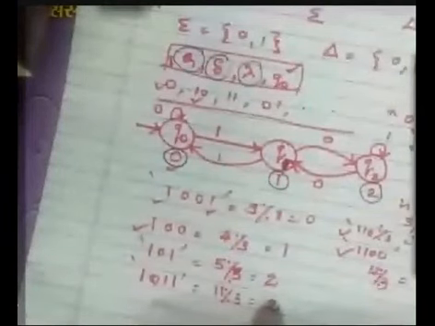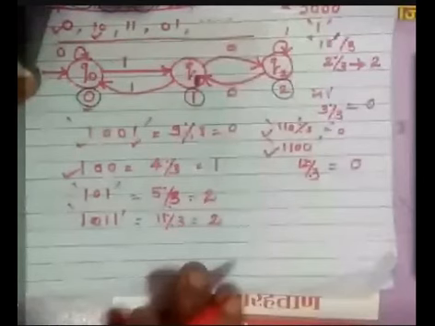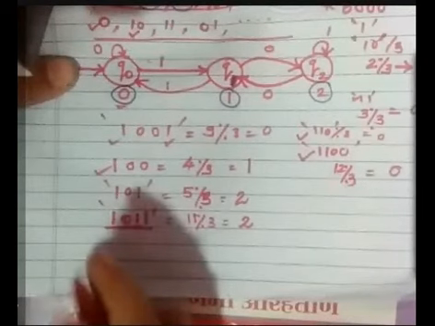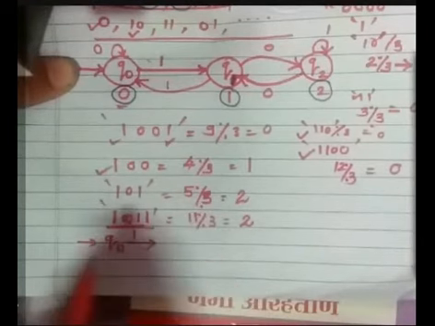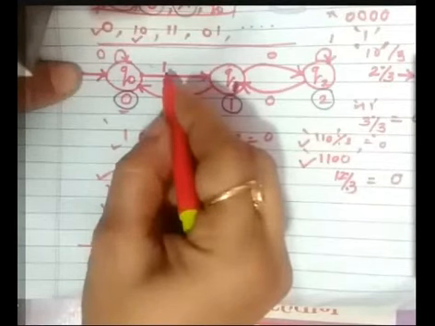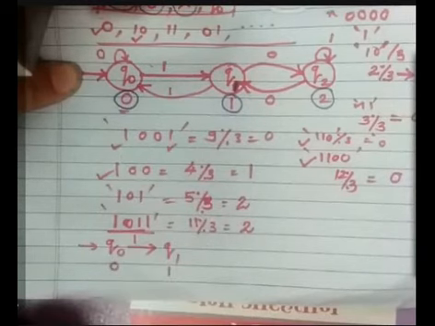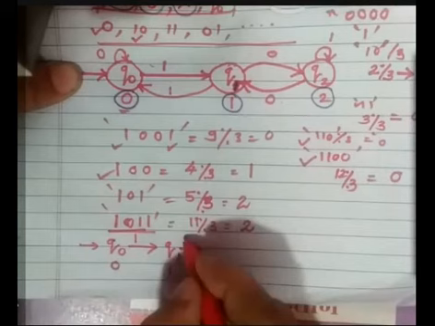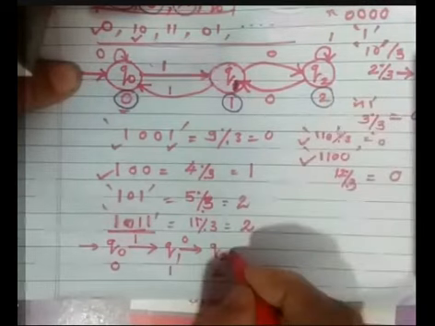That time we will get one extra value. For example, now my input is 1011, and this is my machine. So I will always start with Q0. Q0 on 1 moves to which state? Q0 on 1 moves to Q1. My output is associated with this 0 also and with this 1 also. Next, Q1 on 0 moves to Q2. So I am writing here 2.